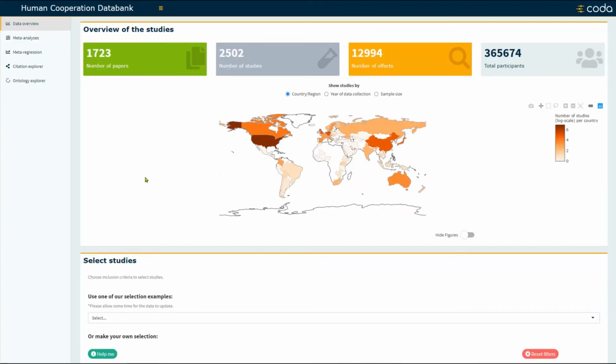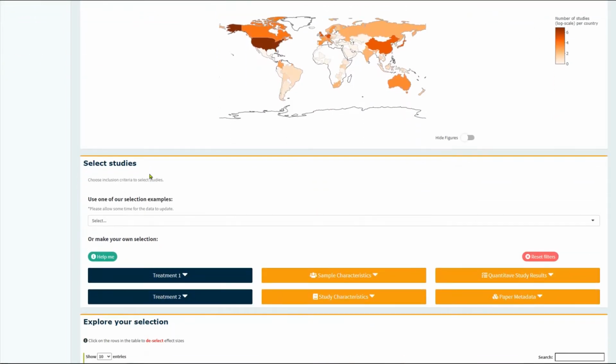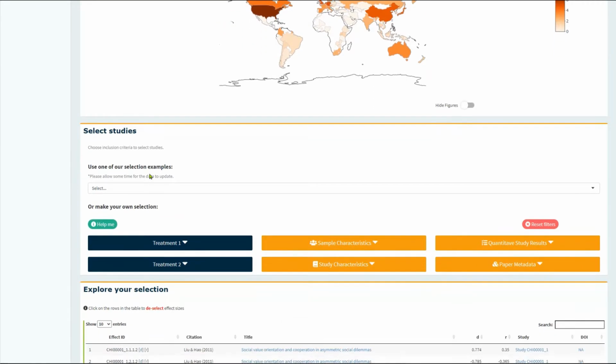In this tutorial, I want to walk you through how to conduct a meta-analysis using the CoDa application. On the front page of the application, you'd need to first select your studies to be used in a meta-analysis. In this example, I'm going to do a meta-analysis of a personality variable, social value orientation, predicting cooperation, and more